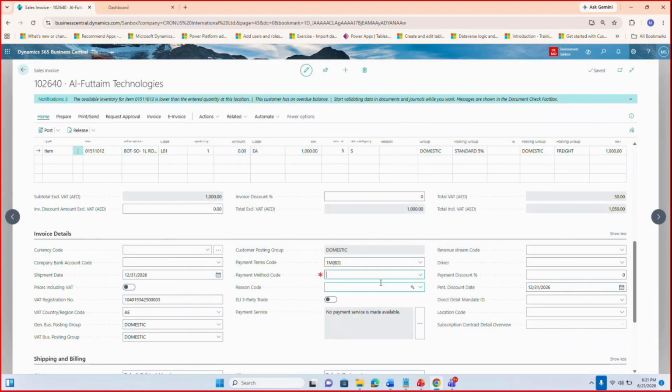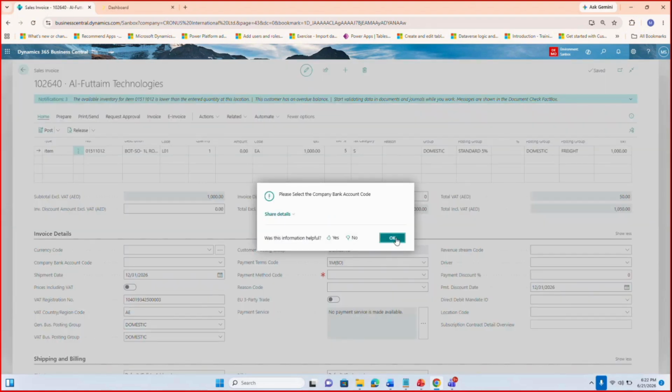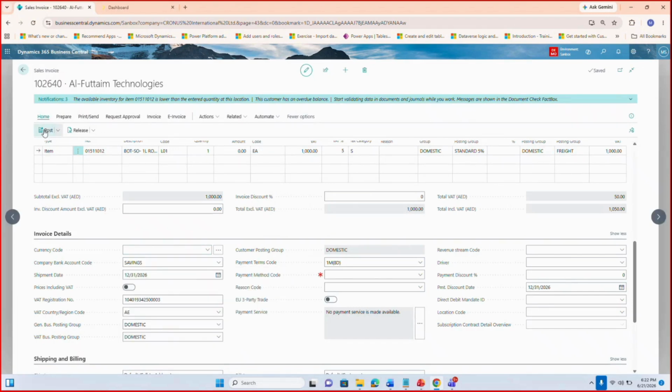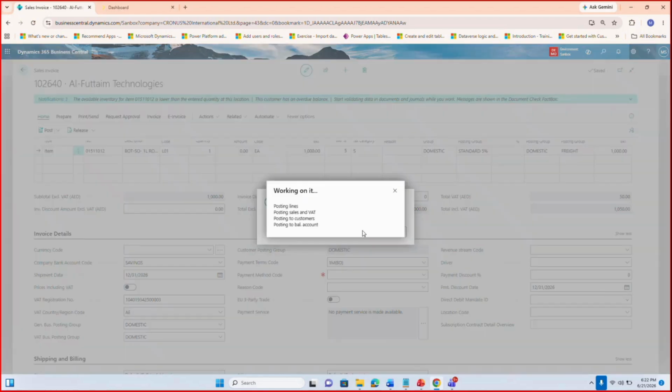So I have deliberately messed up this payment method code, and I'll try to post this invoice. So let's say I posted this invoice, and since I missed one piece of information that is a requirement for an invoice when it's reported to FDA, which means you have to give the payment method, and it falls under that